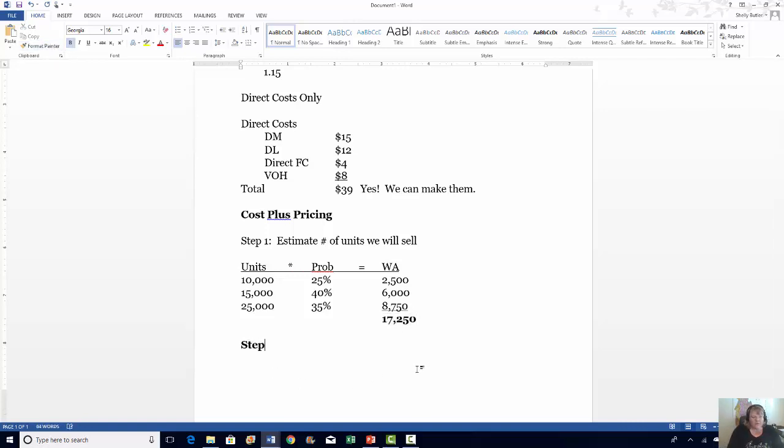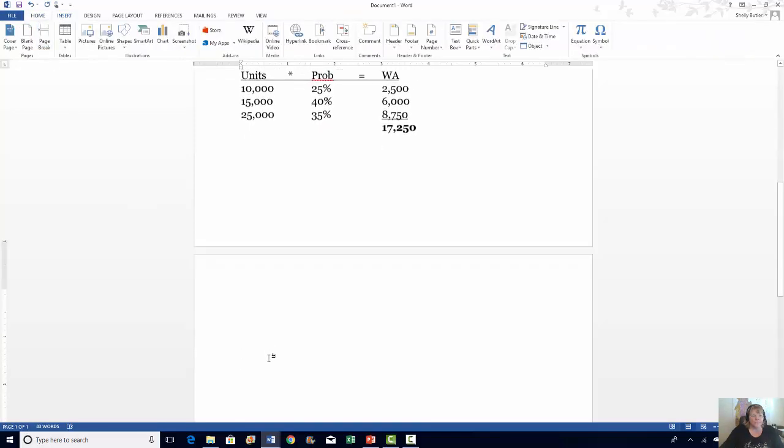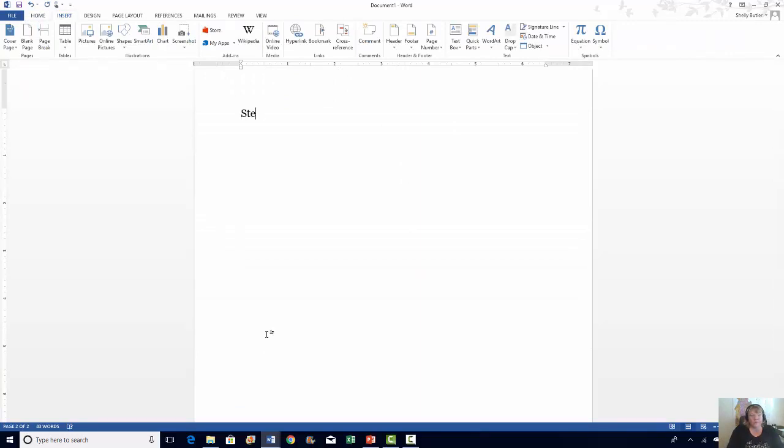Okay, now step 2. I should just leave it bold. Okay, step 2. I'm running out of room. I'm going to go on to the next page. That will give us a little more room. Okay, step 2 is the production cost per unit. And we're just looking at the production cost. We're not looking at the period costs because we will incorporate those in later. So the production cost,